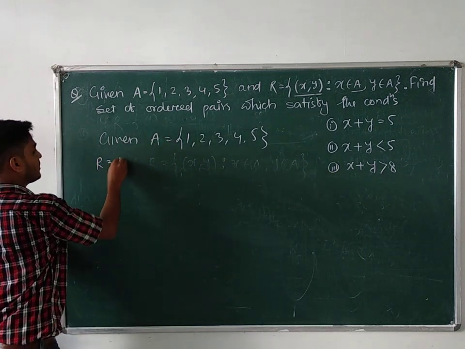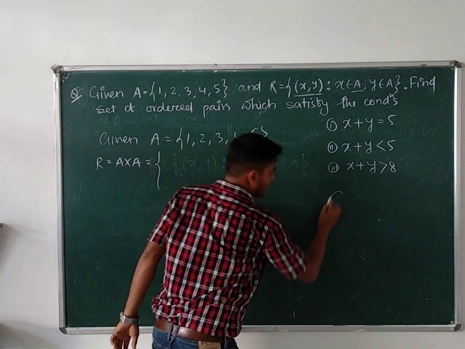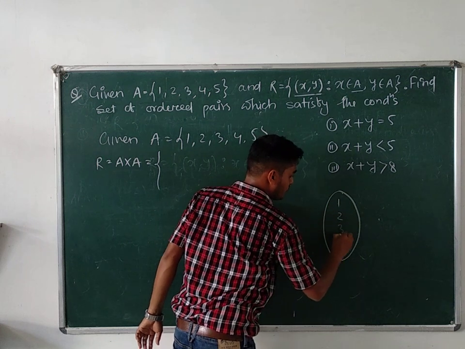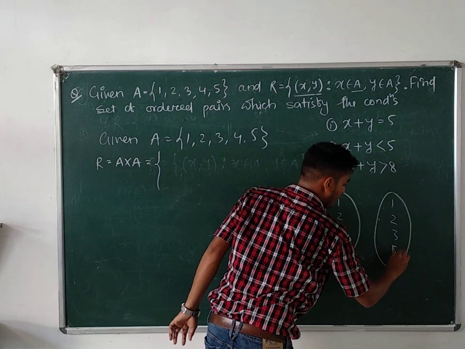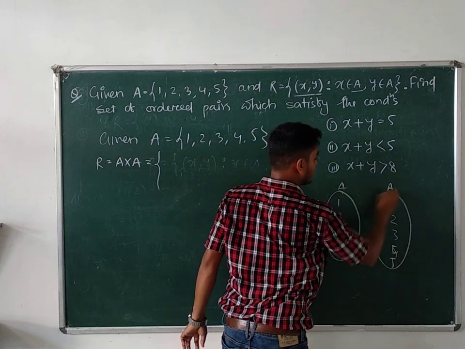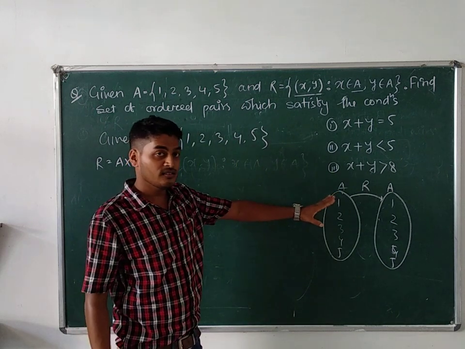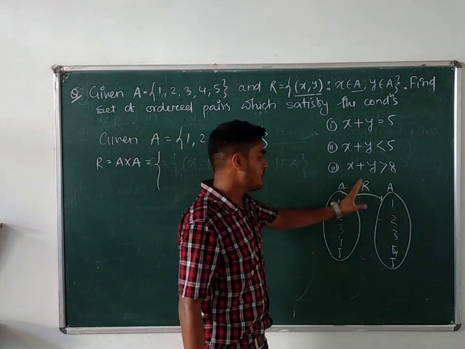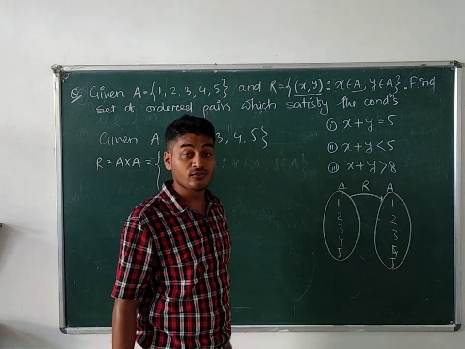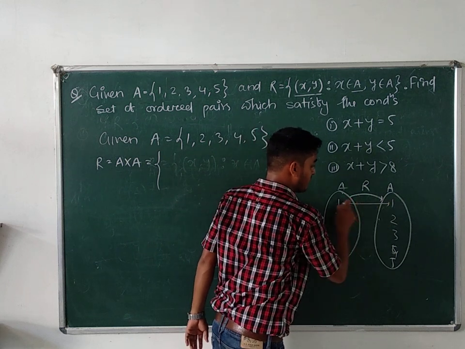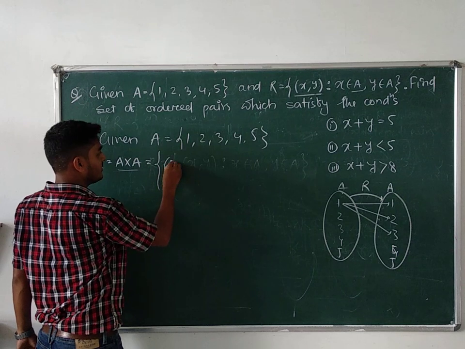So R is equal to A cross A. Now you can easily write down the ordered pairs; you can easily imagine like that: 1 2 3 4 5, and 1 2 3 4 5. This one is A and this one is A. R is defined in between them without having any restriction. Simply R is introduced between A and A. So how many possible ordered pairs will be there? A will make pairs with each and every element, just like this. A cross A itself is a set, so 1 comma